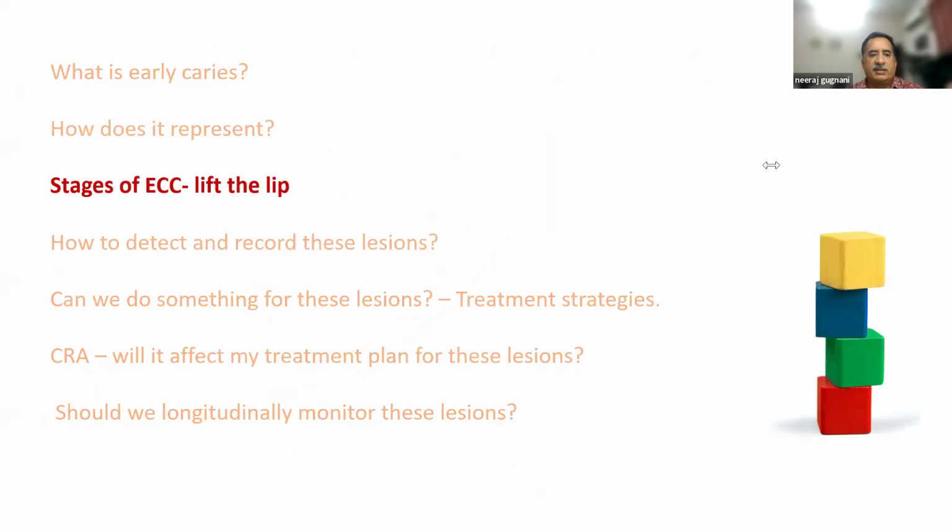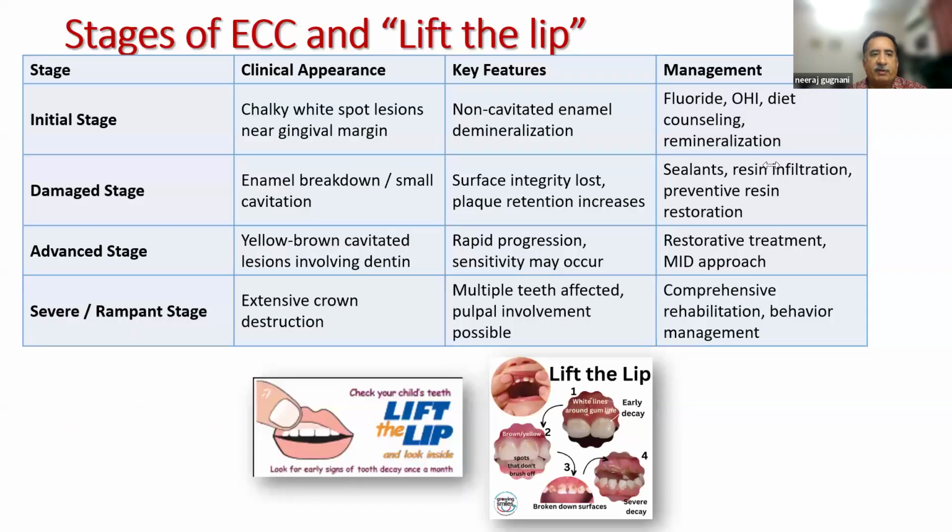So now come the stages of early childhood caries. Lift the lip. Till now we have understood how caries happens in general, and we know that in cases of early childhood caries, we have four stages of caries: initial, damage, advanced, and severe. As you can see in the first column, the initial stage is chalky white spot regions near the gingival margins, which are also called non-cavitated enamel. Clear? And there is a specific procedure called lift the lip. That means we can teach the pediatricians,